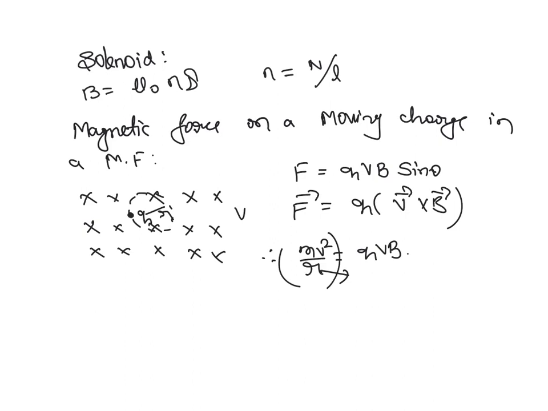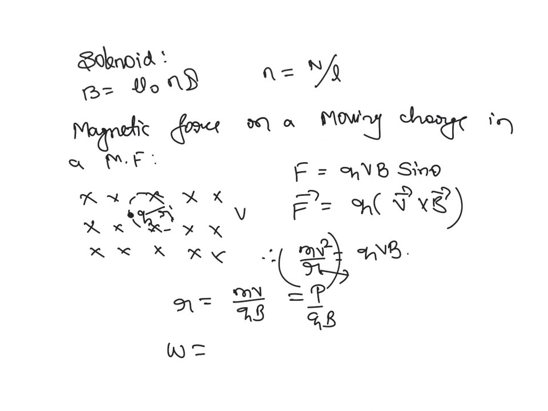So at that time we can get the value of r as how much? mv divided by qb. So mv is nothing but momentum p, so r is momentum p divided by qb, linear momentum. Okay, linear momentum. Similarly, the angular velocity